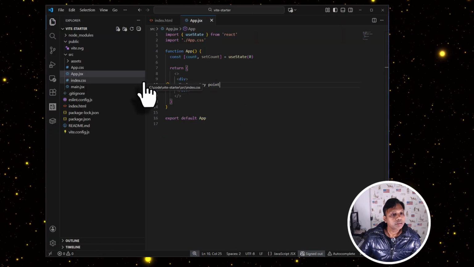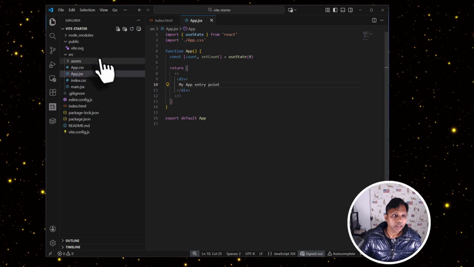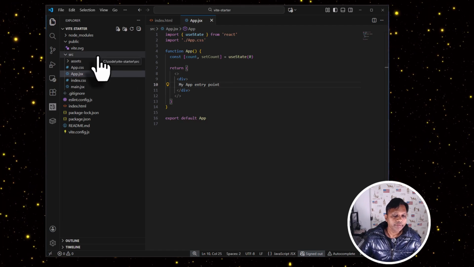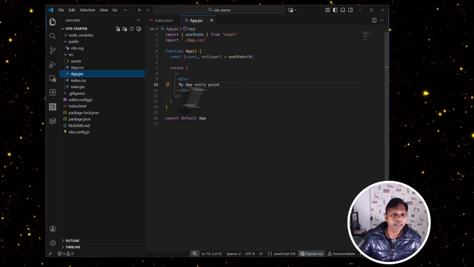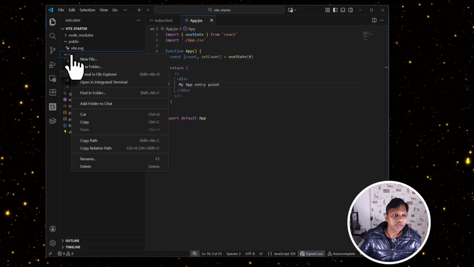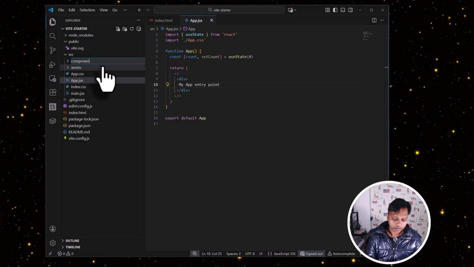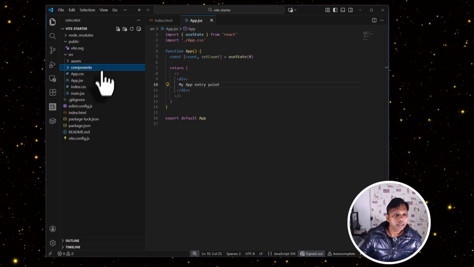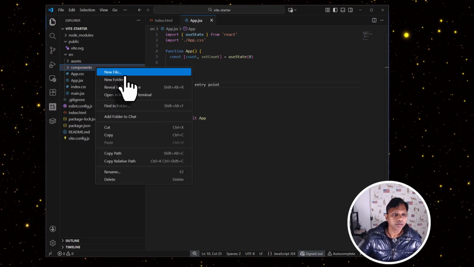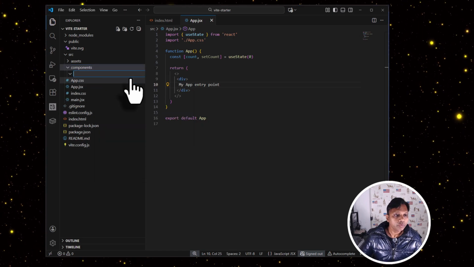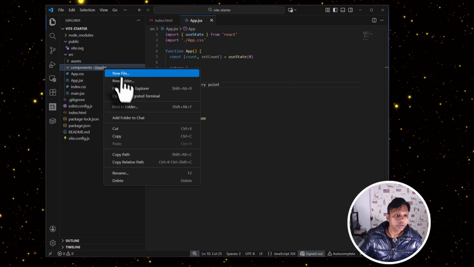So now suppose you want to create another component. So let's try to create one simple component, a very simple component. Then we will be able to put multiple components over here. So this will be the entry point for our component. So let's say we create our folder which says component, and in the component we create, say, header. So we create a new folder, say header, and in this header folder we create a file,